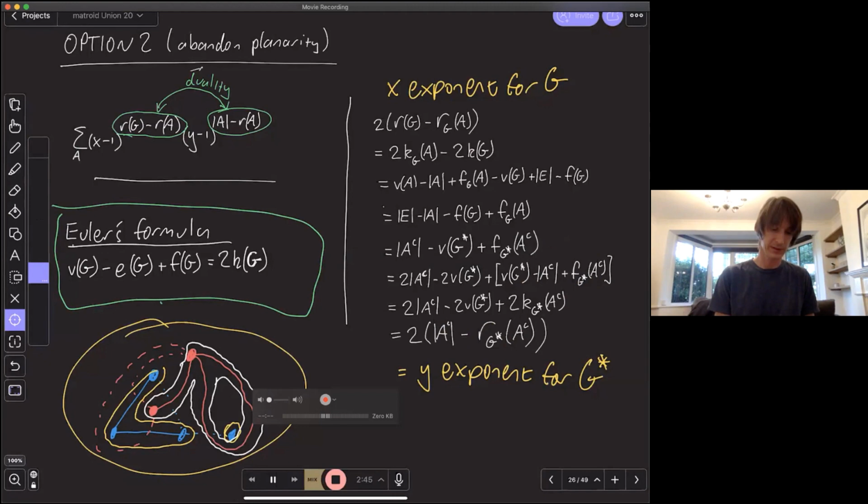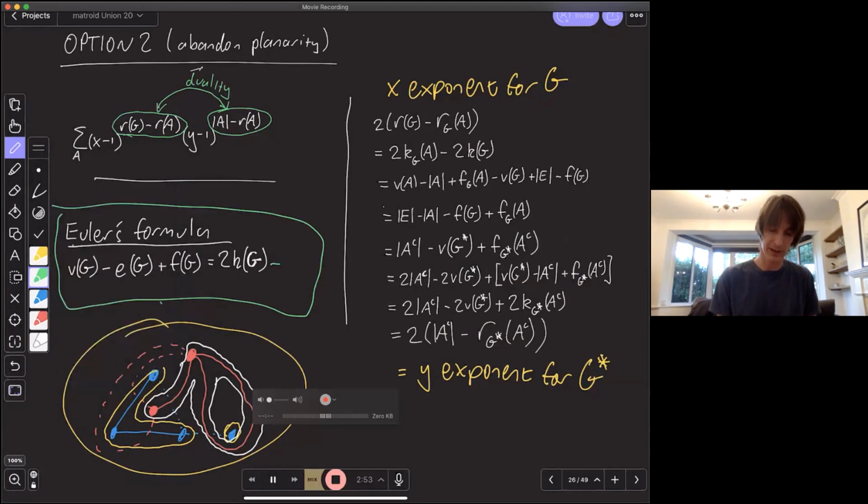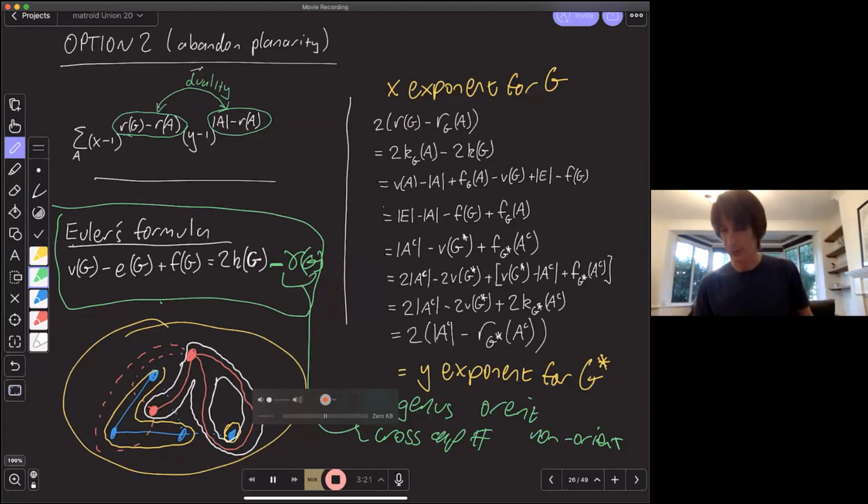Well, what's going wrong is that this term that I've called Euler's formula isn't really Euler's formula, because Euler's formula has a minus gamma of G in there, where gamma of G is called the Euler genus, and that's either twice the genus, if my surface is orientable, or just equal to the cross-cap number if it's non-orientable. So a torus would have Euler genus 2, a real projective plane would have Euler genus 1, and a Klein bottle would have Euler genus 3, and so on.